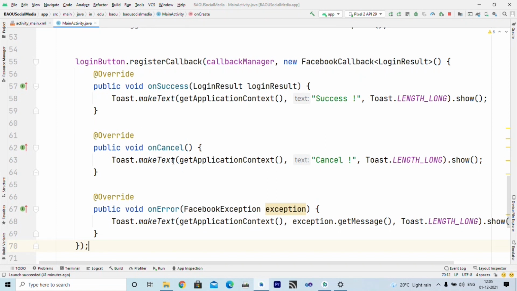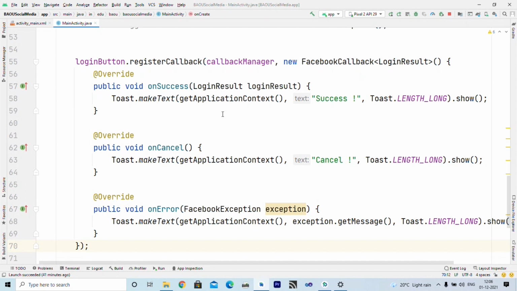If it is cancelled by the user, then we display cancel, and if there is some error, then we display an error message. So this is how using the callback manager you can know the login status, right?